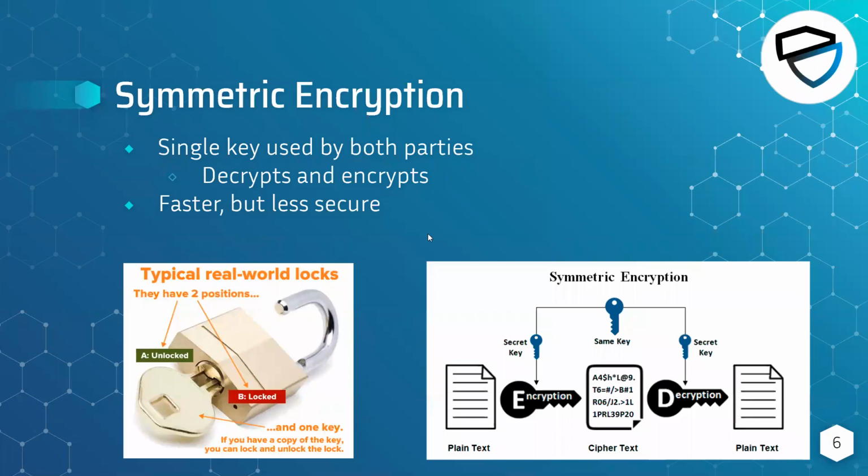So first, taking a look at symmetric encryption. This is the most intuitive to understand. There's a single key that's used by both parties, so the sender and the recipient. That key is used to decrypt and encrypt the data. So we take the plain text, we encrypt it with the key, and it turns into something that we call